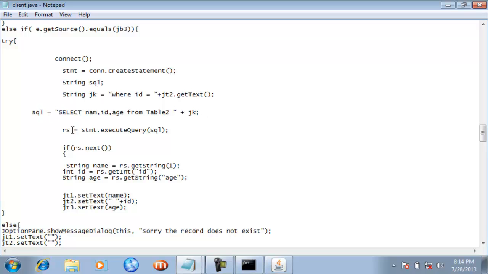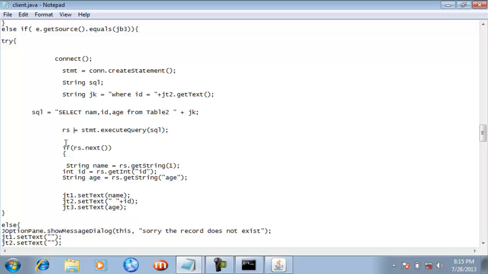Now guys, this is the result set object, and here you can see that we are executing this SQL query whatever we have created here, and after execution guys, your MS Access database will return the row that will be having the specific ID value which you have provided, and whatever the reference of the row that MS Access database will return, it will get stored inside this rs named object.